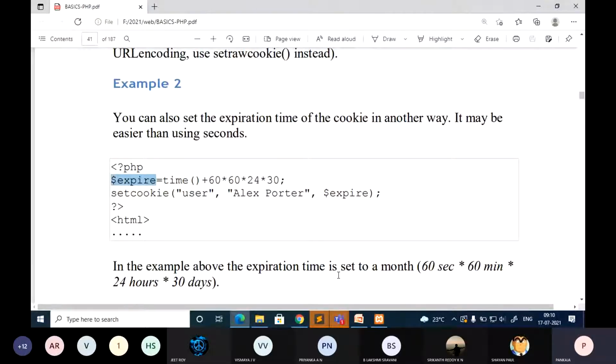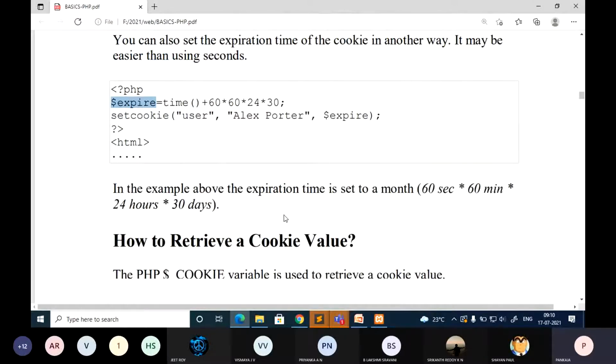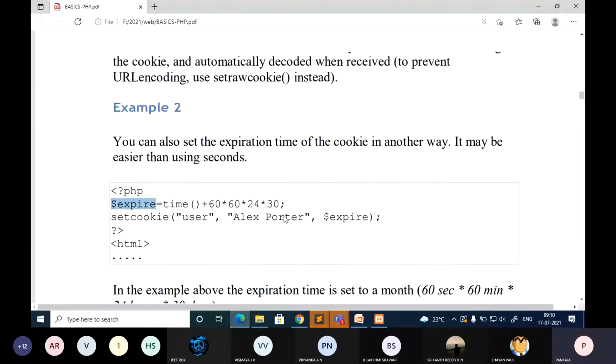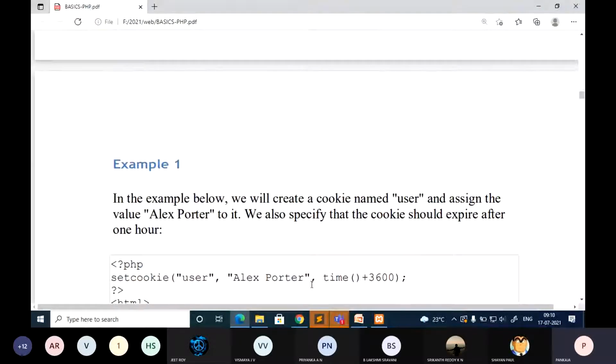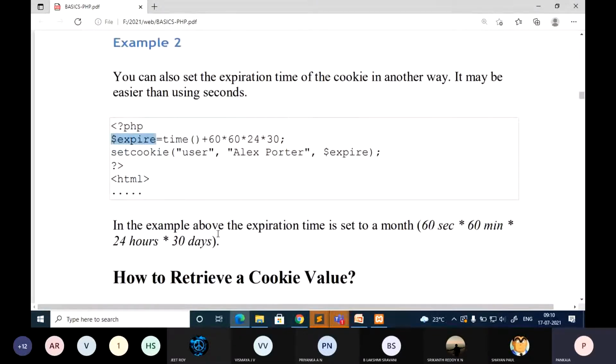So here, what is the duration they have given? It is 30 days. They have given 30 days for this cookie to live. After those 30 days the cookie is going to be destroyed automatically. So in case you want to retrieve a cookie, here I am just setting the cookie value. Okay, don't worry, I will be showing step by step how to do this, how to check where cookies are stored, all those things.